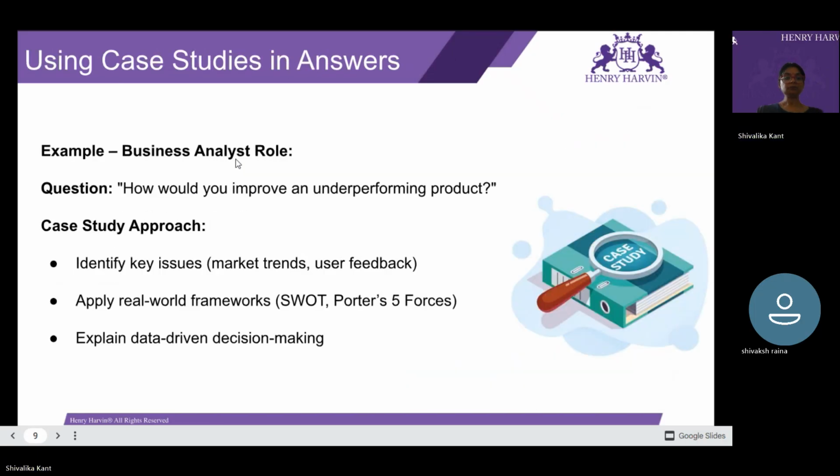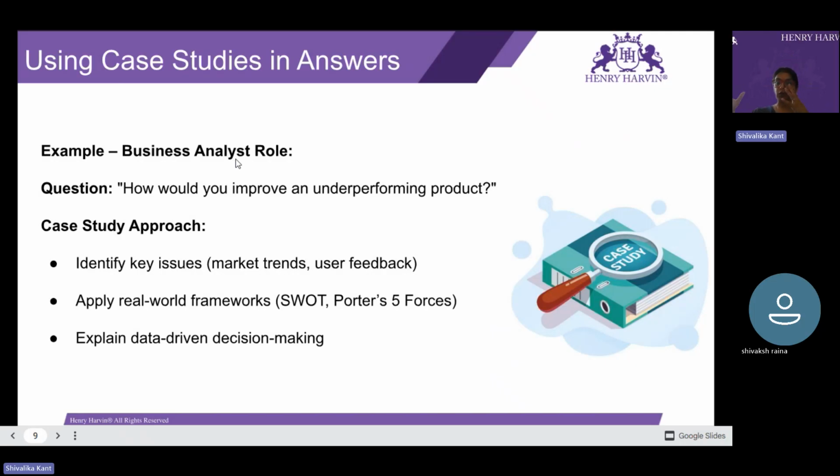Okay. Now, case studies are one of the best things created to get ready for the world outside. So why do case studies help us? They show practical application of your skills instead of just theory.